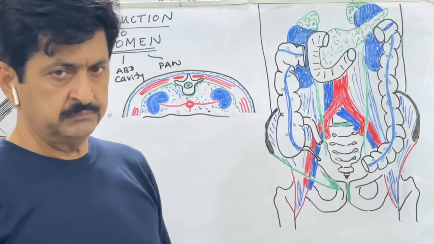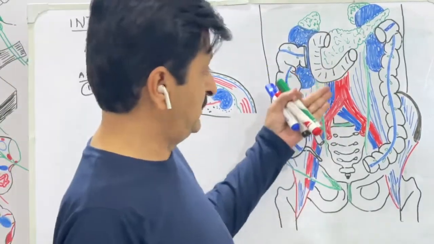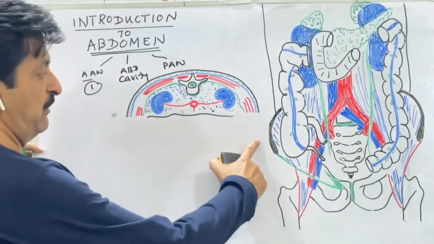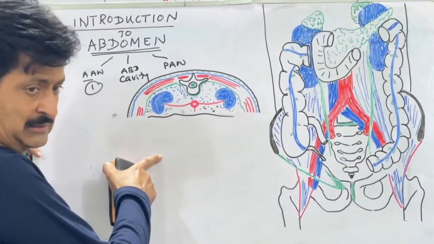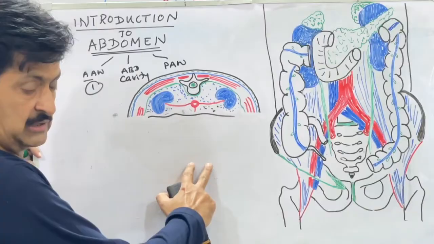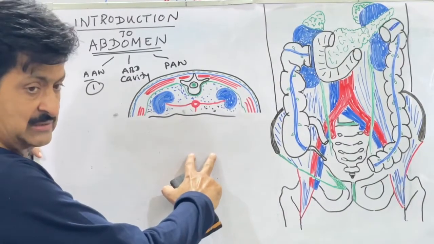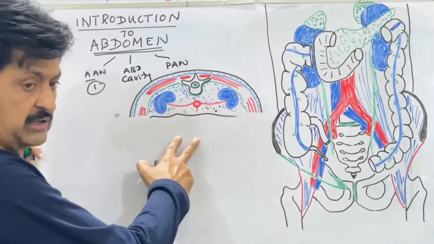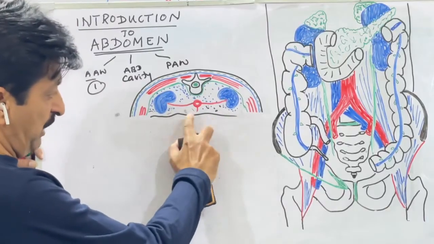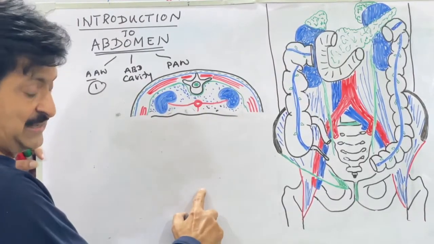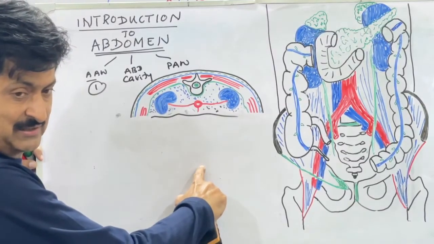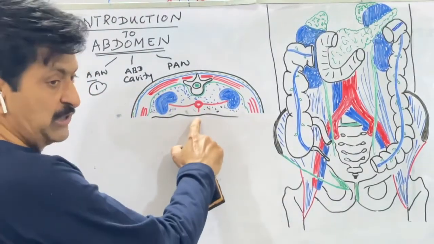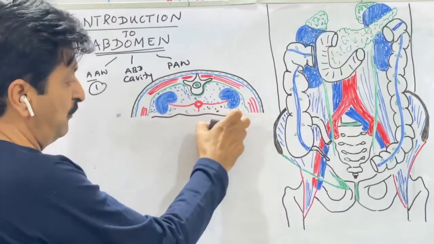Now, look at this diagram where we have approached in this posture. We have already told you that we have removed all the 9 layers, meaning three layers of skin and fascia, three layers of the muscles, three layers of the connective tissue and the peritoneum, and we have even removed the peritoneal cavity till you reach the posterior abdominal wall. From skin up to parietal peritoneum were 9 layers, so parietal peritoneum was the 9th layer. But if you are looking at your posterior abdominal wall from inside, the parietal peritoneum will be the first layer. And you have removed the parietal peritoneum,